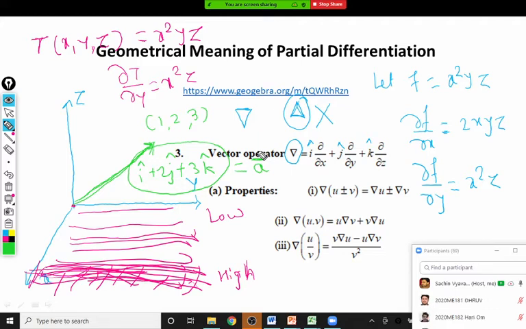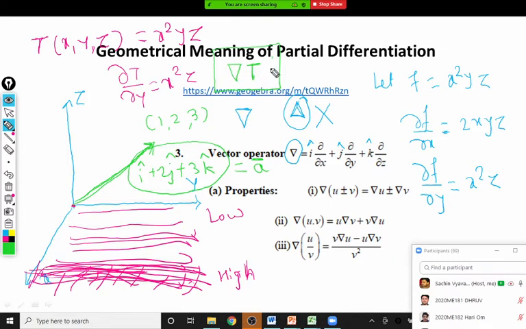So the way we get it, actually, the first thing we should do is operate this del operator. This del operator comes into the picture here. So we should calculate del t. Now this vector is a very important vector for us. This del t vector we can read as the gradient of t. The name given is gradient, gradient of t or del t.